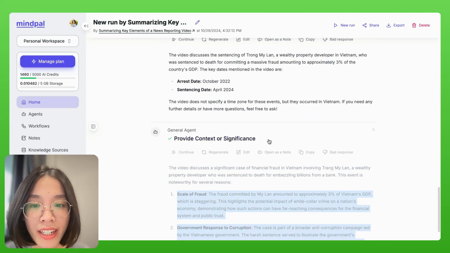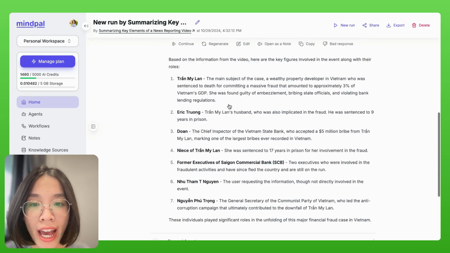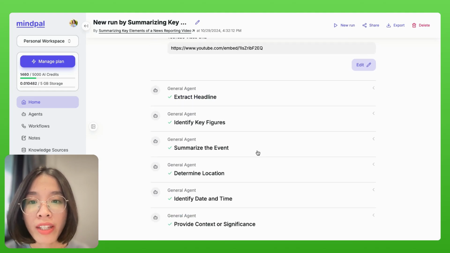And just like that, we have built an AI workflow that helps us analyze and summarize any YouTube video following this framework. Feel free to customize this AI workflow and the agent responsible for this AI workflow so that it will work exactly the way you want. And now you will have this AI tool that you can use again and again for any YouTube video you